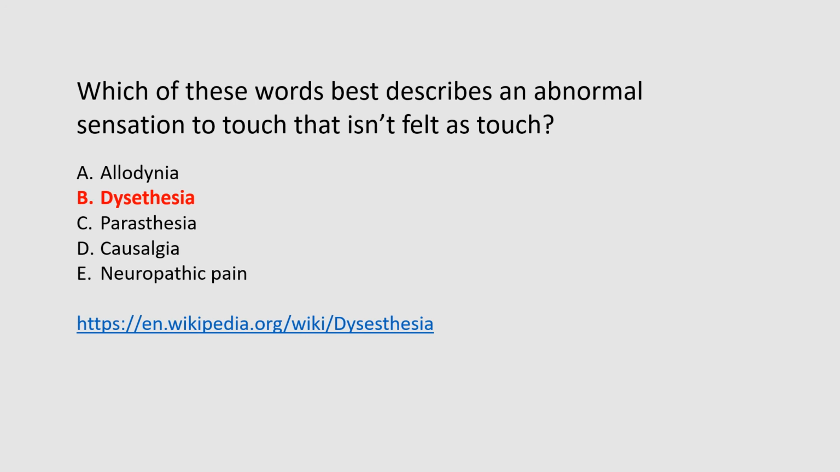And lancinating pain is felt as an electric shock and is another form of neuropathic pain, usually due to damage to the spinal nerve or